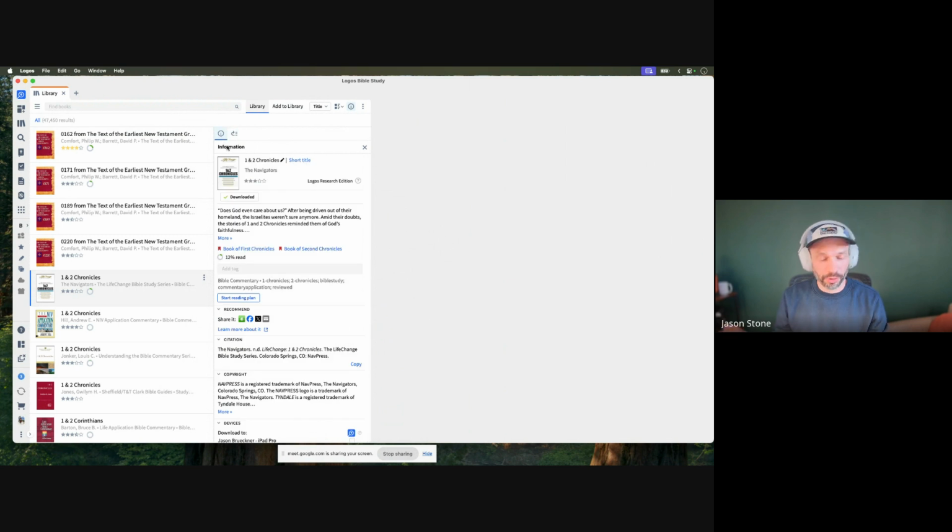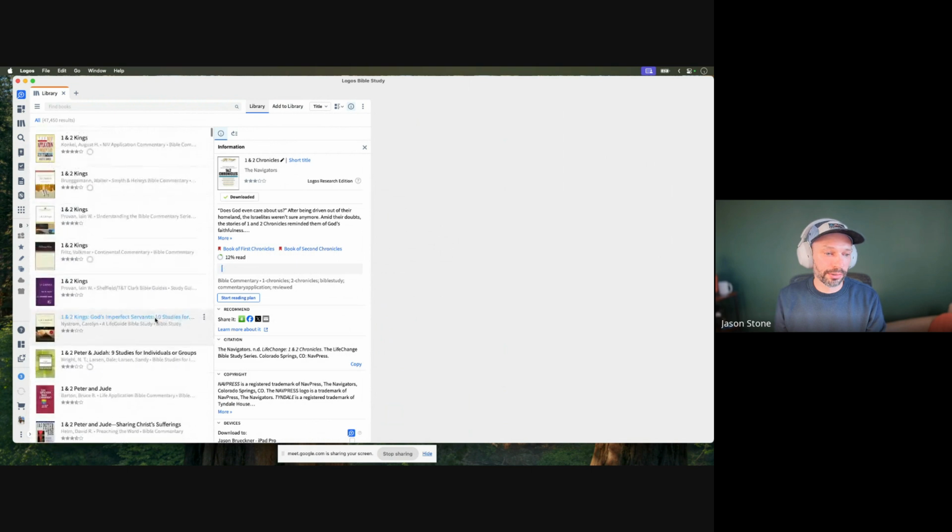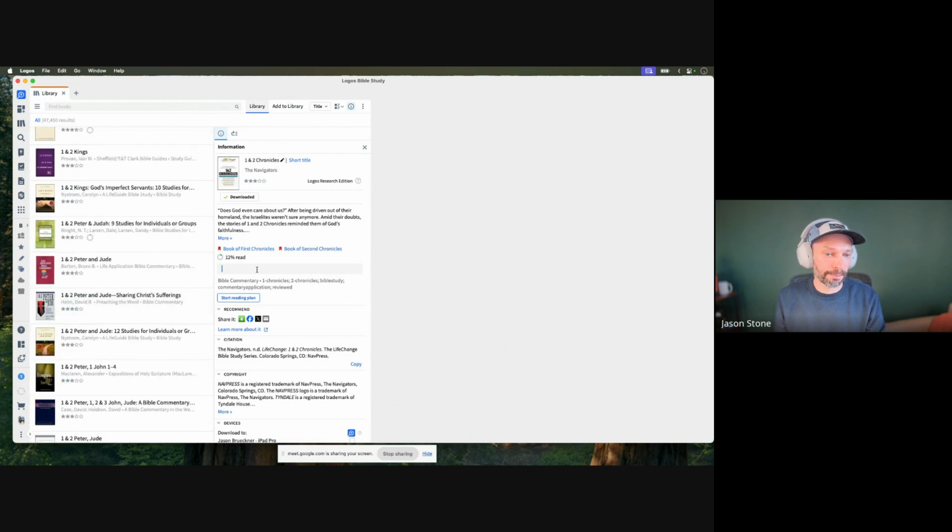If you wanted to just organize them into tags that are resources for ancient Near East, or resources for preaching, or resources for application, or daily devotionals, there are ways that you could tag that way. And so some users have gone through their resources and tagged them in that way. So that's one piece that comes to mind.